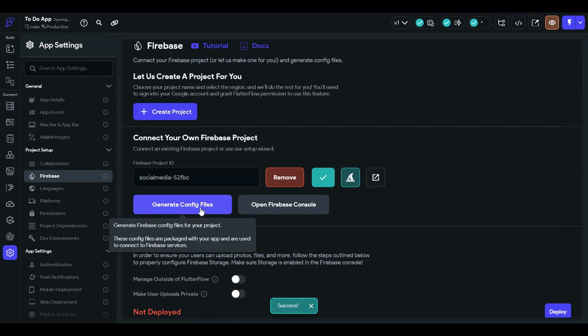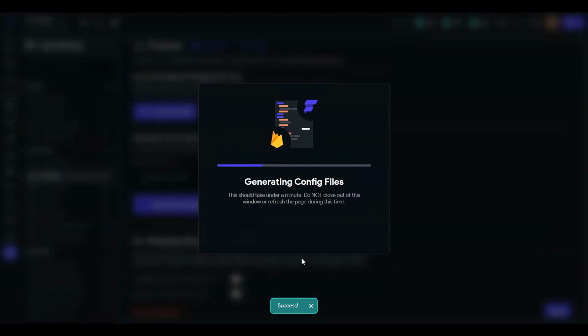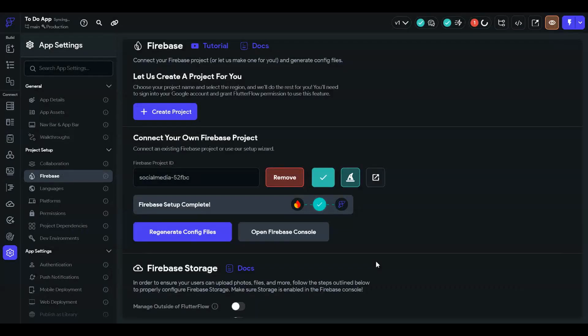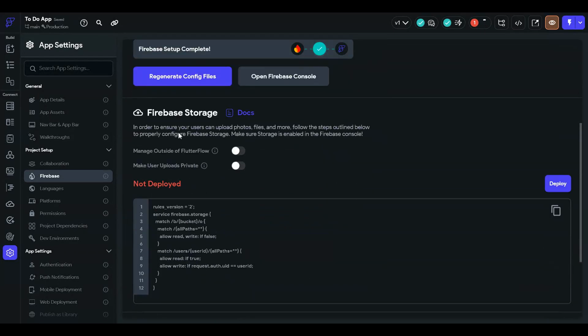Now click on connect, and this is successful. Generate config files. It's done.